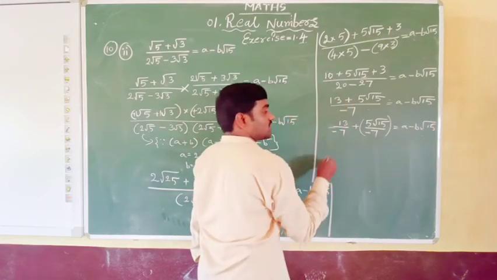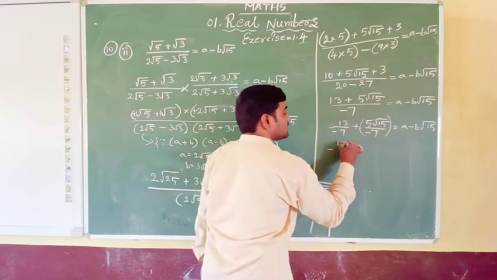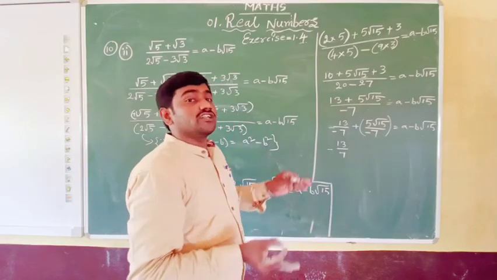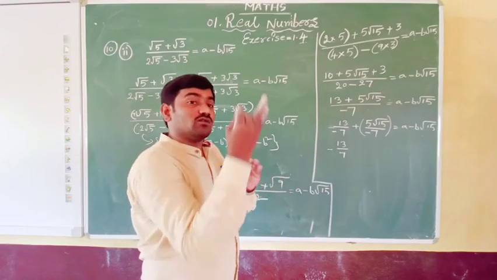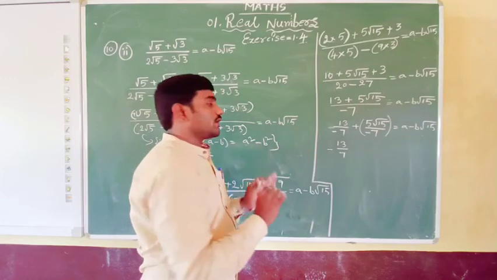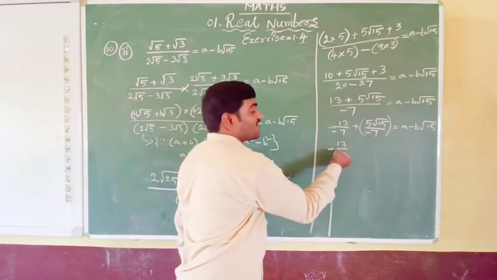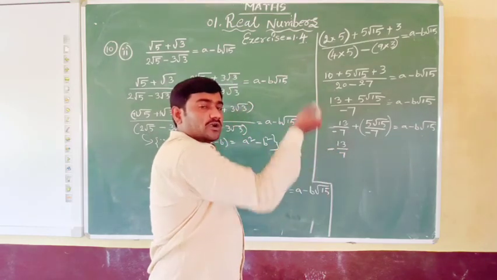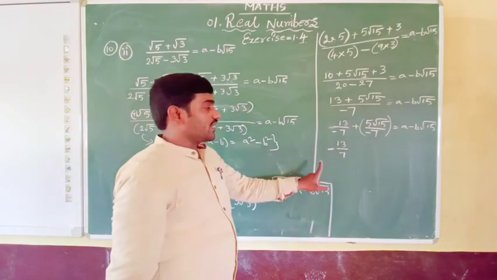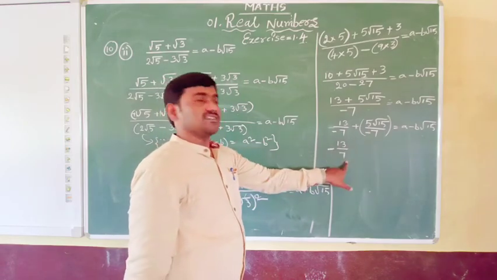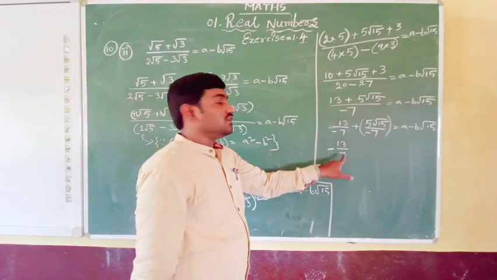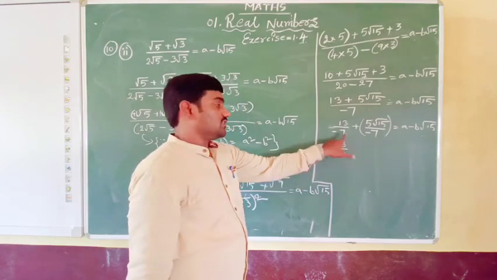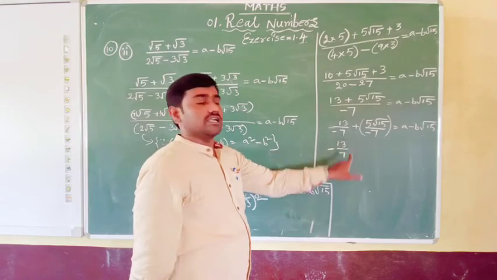So a little more modification is required. Here we write the minus for the fraction, because minus does not belong only to the numerator, nor only to the denominator. That minus will tell us that the whole fraction is negative. It should be written at the fraction bar. This is called a fraction bar. That we need to write at the fraction bar, not in the numerator part, not in the denominator part. While reading also we will read like this: minus 13 by 7, not minus 13 by 7. It is not minus 13. It is a 13 and it is a 7. But this whole fraction is negative, that is minus 13 by 7.